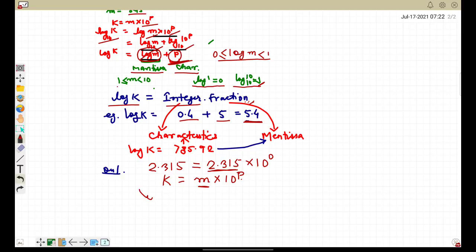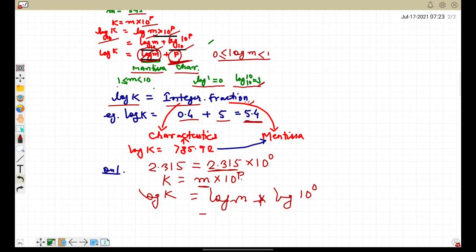So once we take log on both sides, then this becomes log k, and log k is equal to log m, sorry, I think some mistake, some lagging issue is there, that's why I am facing some problem. Okay, so what we can write, this value is log m, so just write log m here into log 10 raised to the power 0. In this way we can write. So sorry, this time we write plus sign here.